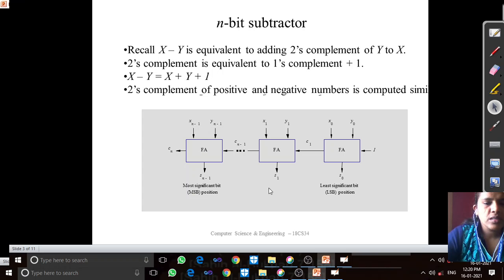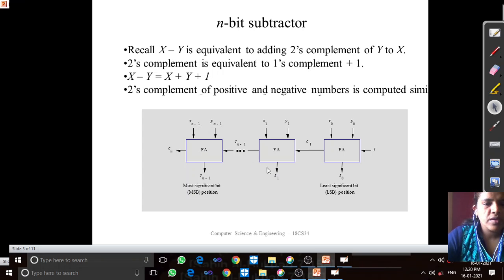So what was the drawback of this ripple carry adder? Of course, the carry is getting propagated from FA0 to FA1, and FA1 to the further stages. So the S1 result will not be obtained until you get the C1 carry. And what are the inputs for FA1? FA1 takes x1, y1, and c1 in order to generate the S1 result.